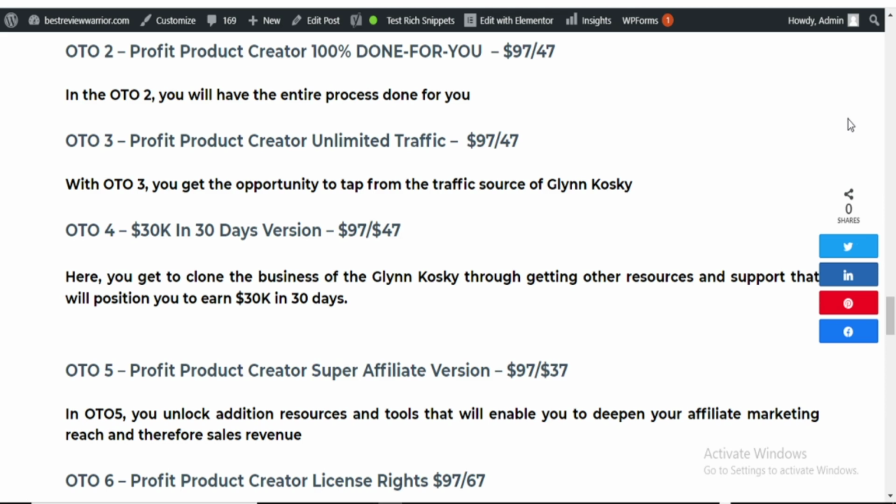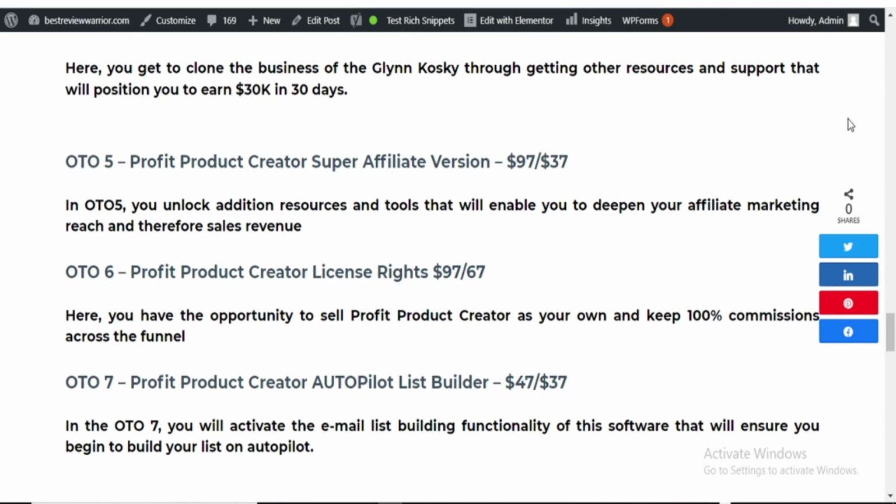In OTO5, you unlock additional resources and tools that will enable you to deepen your affiliate marketing reach and therefore sales revenue. Then the OTO6, which is the Profit Product Creator License Rights, will be going for $97 with a down sale of $67. Here, you get the opportunity to sell Profit Product Creator as your own and keep 100% commissions across the funnel. Then the OTO7, which is the Profit Product Creator Autopilot List Builder. In this, you will activate the email list building functionality of this software that will ensure that you begin to build your list on autopilot.